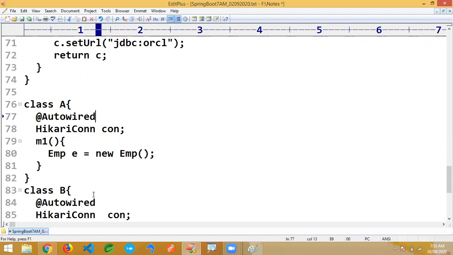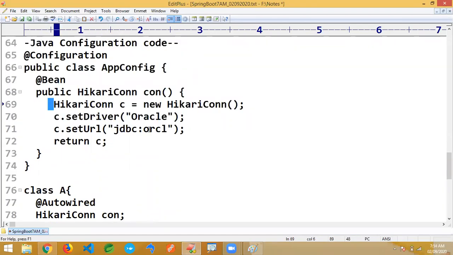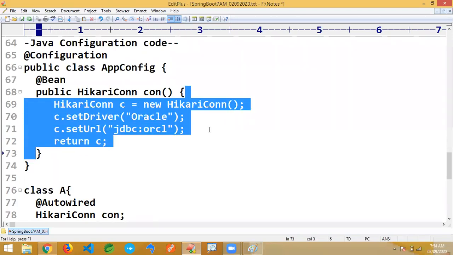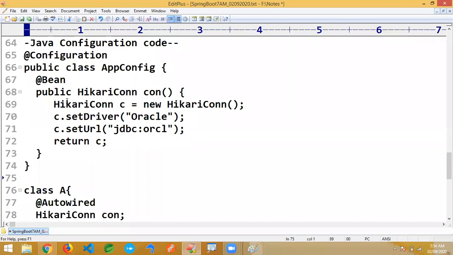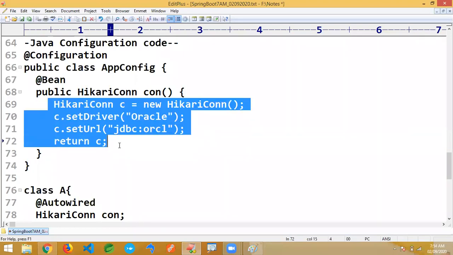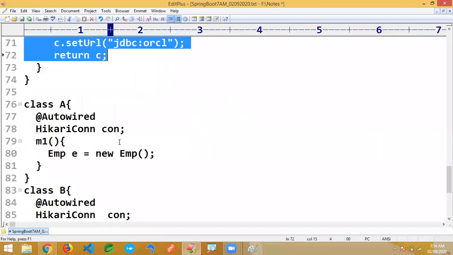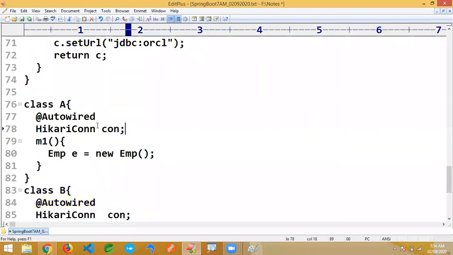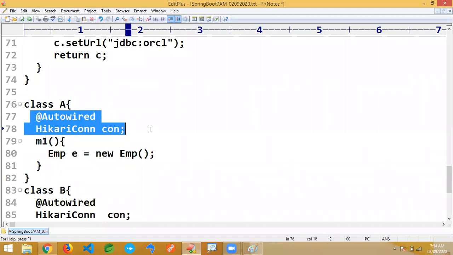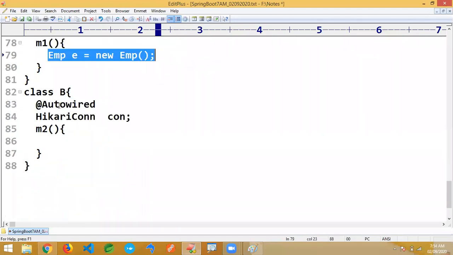So understand, the advantage here is that this object is not created inside the method. Never consider it a plain core Java concept. It has a specialty here. This object is created in the Spring container. That's a reusable object, and only one object is created. Wherever you want, you can autowire. Autowired is actually annotation configuration, but it's a reusable object. There is a lot of difference between a simple core Java method object creation and this object creation.